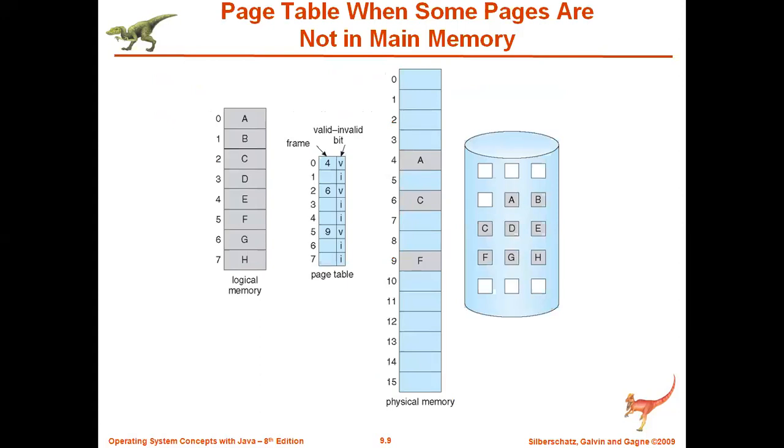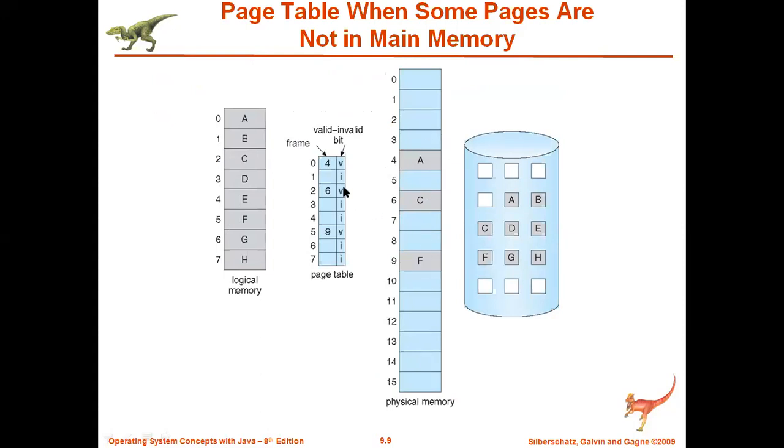So just come back to demand paging. Look at this diagram very clearly. These are the pages the CPU is trying to access: 0, 1, 2, 3, 4, 5, 6, 7. There are 8 pages which the CPU is trying to access. Then there is a page table. The zeroth page is stored in the 4th frame, that is A is stored in the 4th frame. Then page 1: is it loaded into main memory?